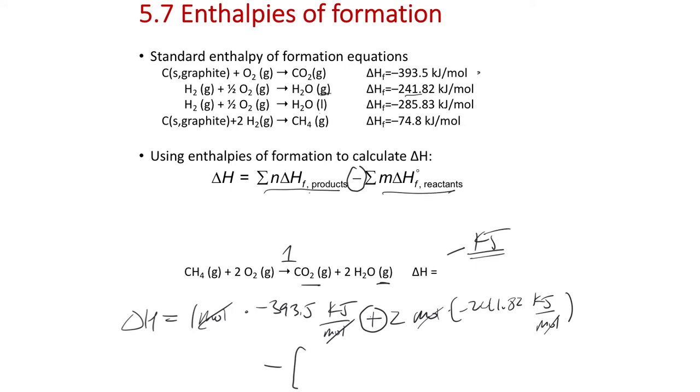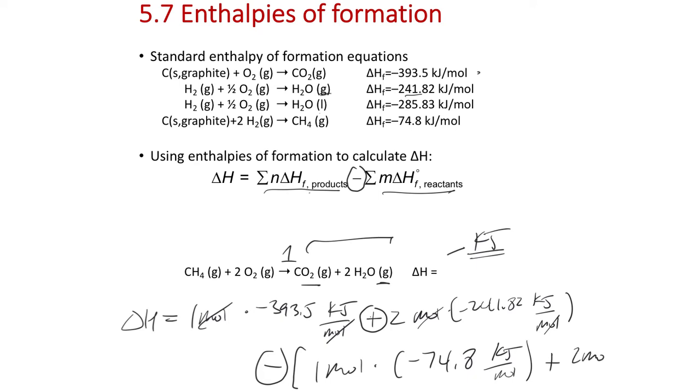If you're noticing, there's a lot of minus and plus signs here, so you have to make sure that when you're plugging this into your calculator, you're not screwing up the minus signs. Maybe we'll do this together too. An easy mistake here is to lose track and maybe make this minus a plus, but again, just remember you're doing the sum of the products and then minus the sum of the reactants. And so then we're subtracting CH4, so the delta HF of CH4, minus 74.8. And now I could write this for oxygen,